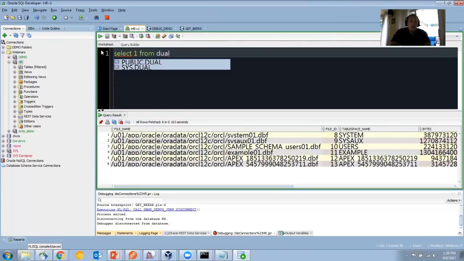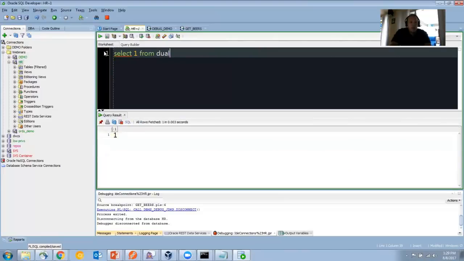To execute a query, by default, it's mapped to Control-Enter on the keyboard. It's generally also mapped to F9. This gives me the output in the form of a grid. This is very boring, single cell, one by one. If we do something more interesting,